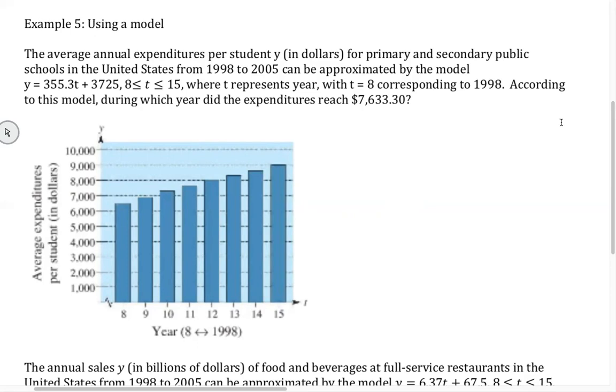So the average annual expenditures per student, Y, in dollars for primary and secondary public schools in the United States from 1998 to 2005 can be approximated by the model Y equals 355.3t plus 3,725, where t is between 8 and 15, with t equal 8 corresponding to the year 1998. So according to this model, during which year did the expenditures reach